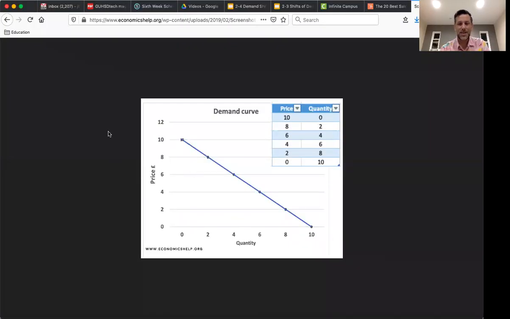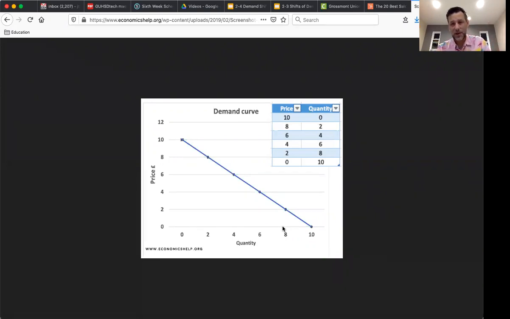So on this demand curve graph right here, we see demand is downward sloping. Remember that the y-axis shows us the price. That's our independent variable. And then our dependent variable is the quantity. So what would happen is that if we had a different price, we would end up with a different quantity, right? So if we walk into the store and we're going to buy soda and we're expecting it to be